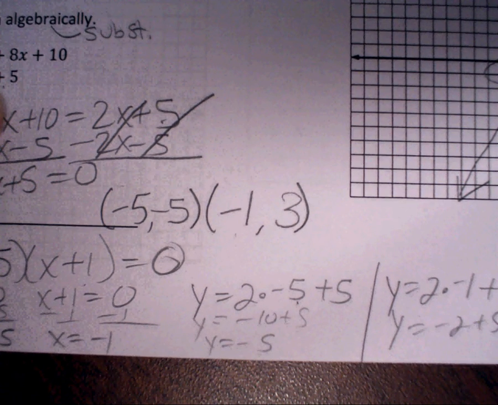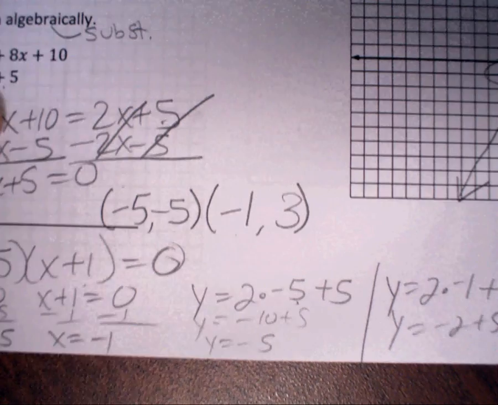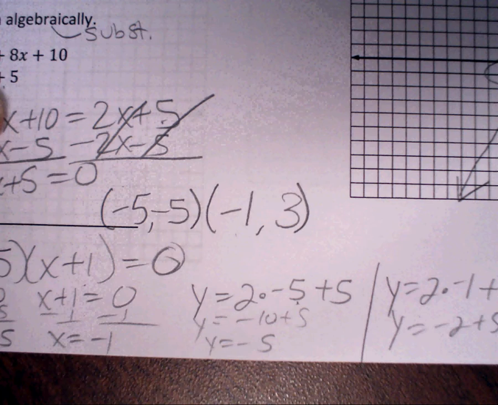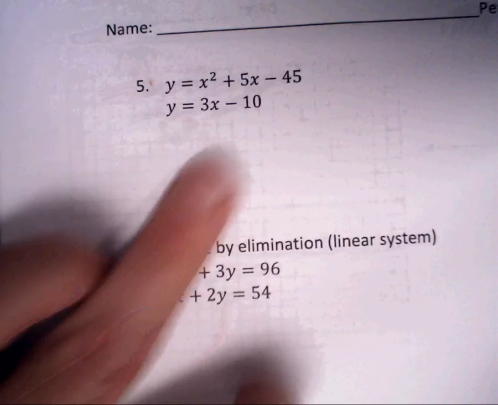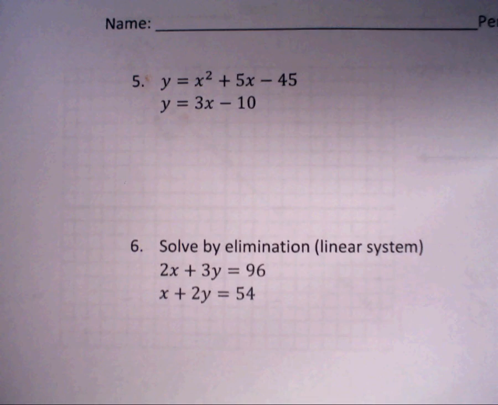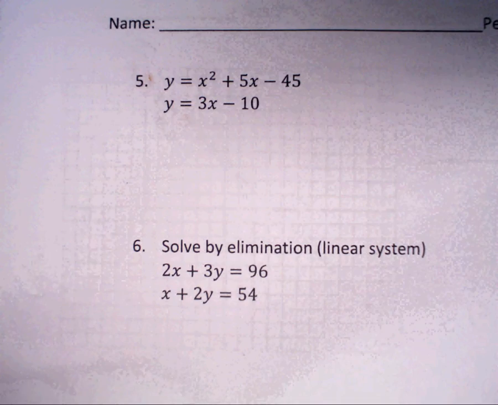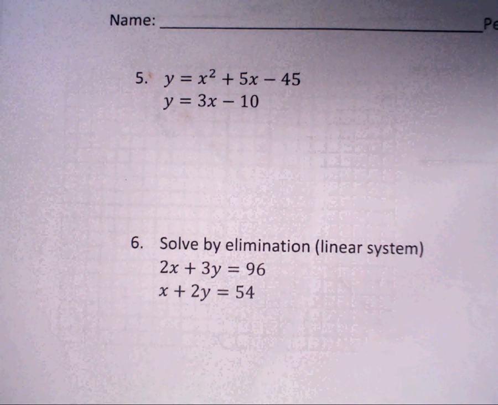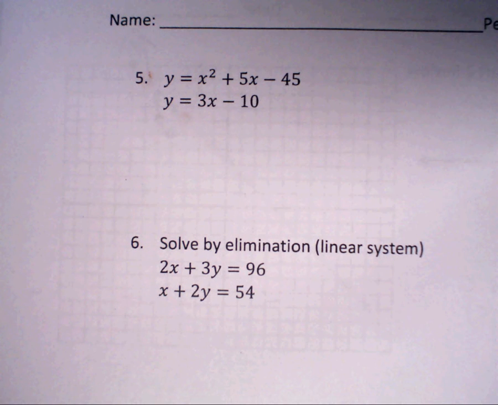So now what we'll do is we'll go to the back and we will work a linear one. That was a quadratic and a linear. So a linear and a linear, we solve multiple ways. Oh, there's another linear and quadratic one, so hopefully you'll have some time to set those equal to each other and solve them by factoring. So I'll let you do that on your own. The answers will be sent out later today